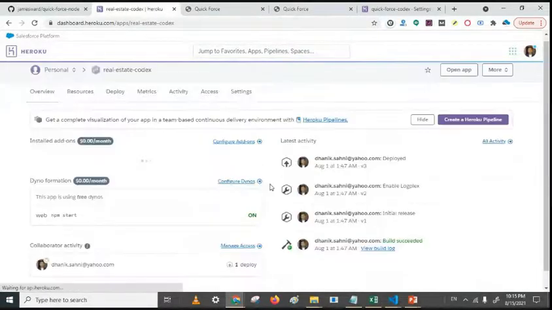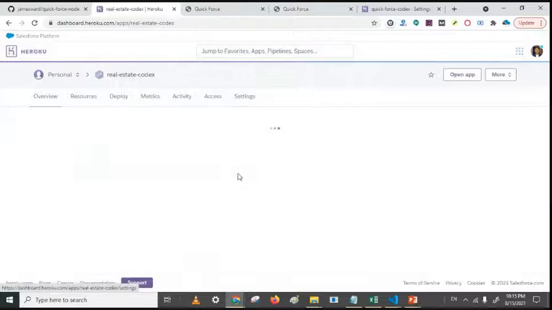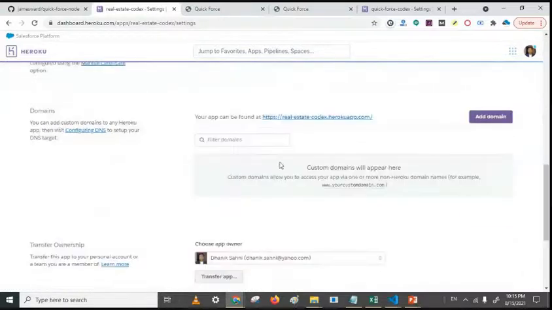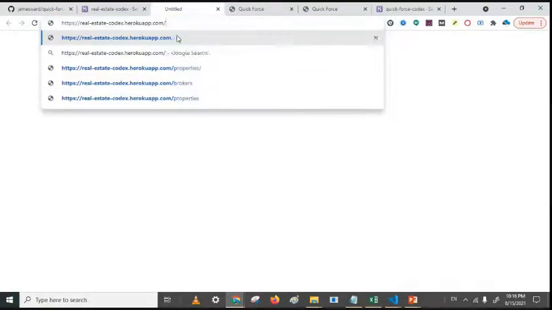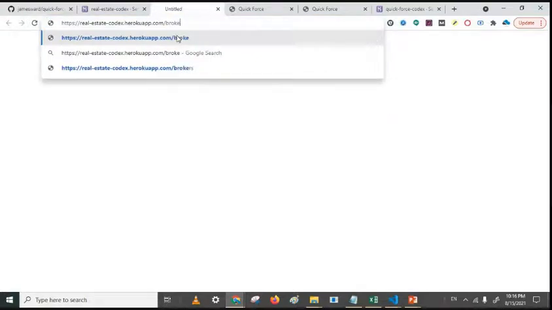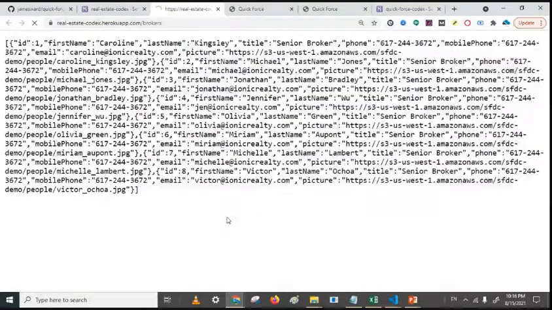In this app, we have settings. Go into this application, and brokers. You can see this API basically retrieves all the brokers of the real estate application.